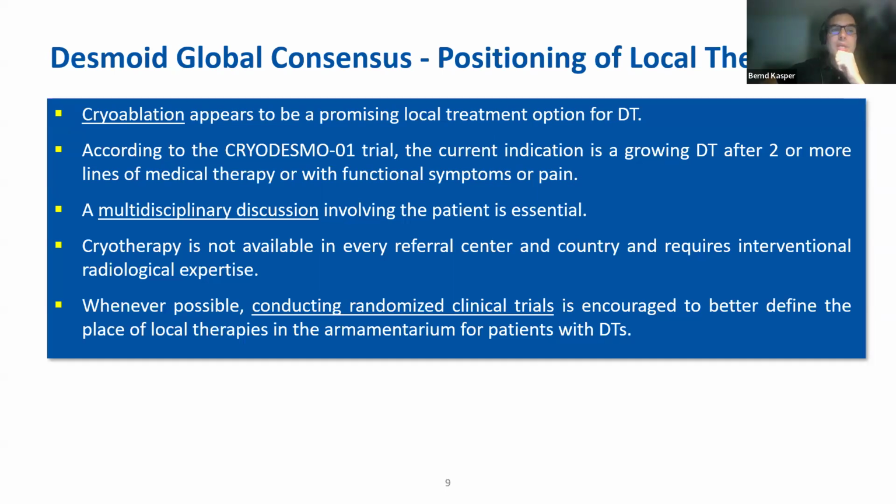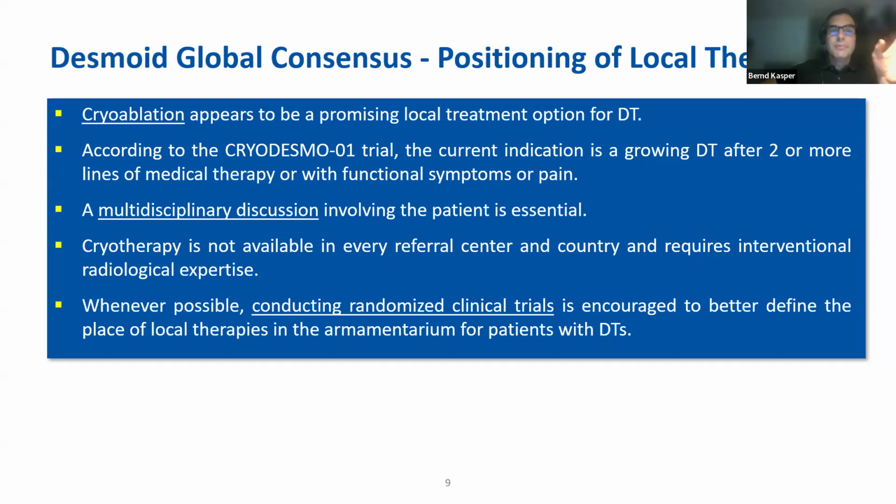And the indication in this study for cryoablation was a growing desmoid tumor after at least 2 or more lines of medical therapy or functional symptoms of pain. Of course, a multidisciplinary discussion is important here, and you always have to keep in mind that cryotherapy is, of course, not available in every center, in every country, and requires a very specific interventional radiology expertise,